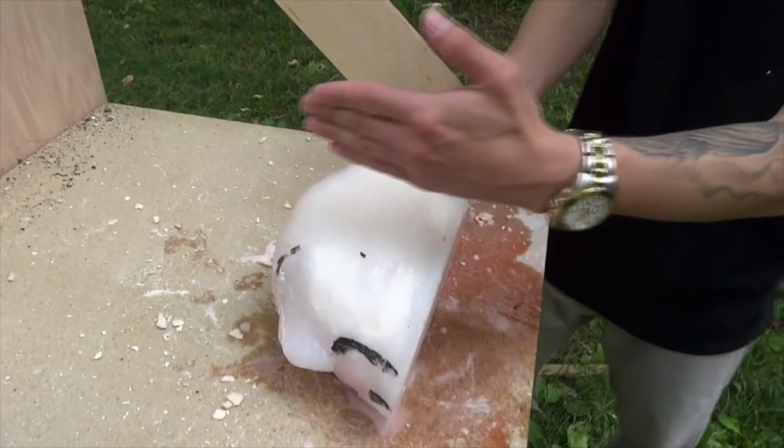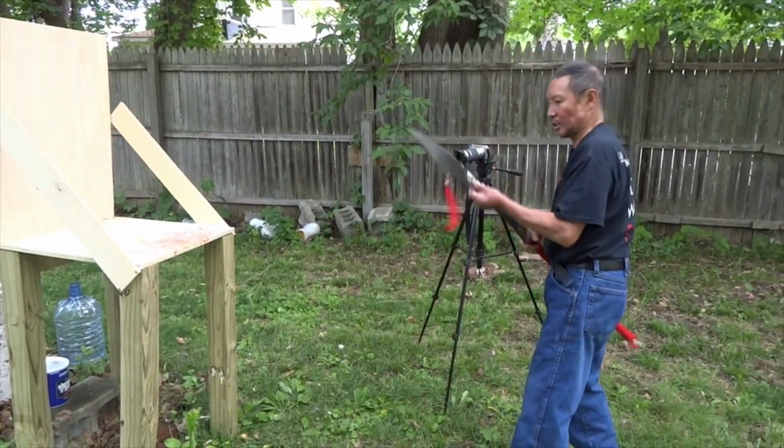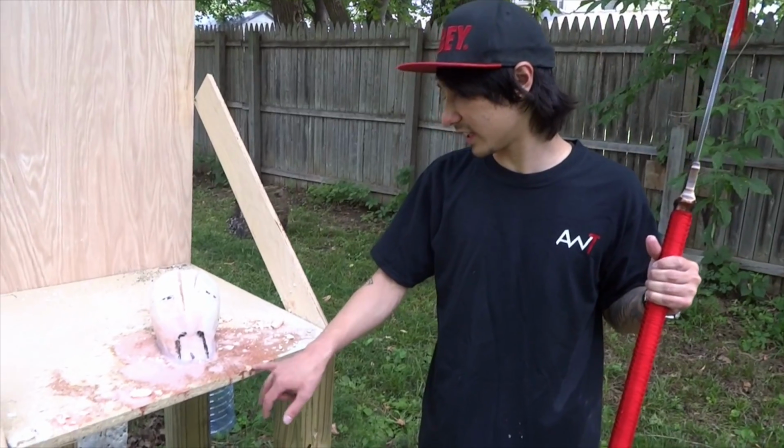All right, so we're going to go ahead and turn it on its side and have my dad give it another chop. He's going to clean his hands real quick first. So my dad did chop the wood a little bit right here, but